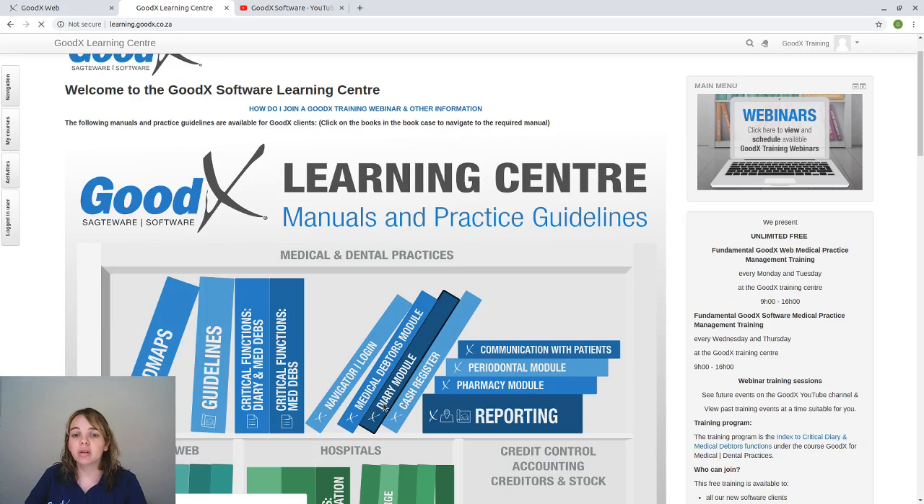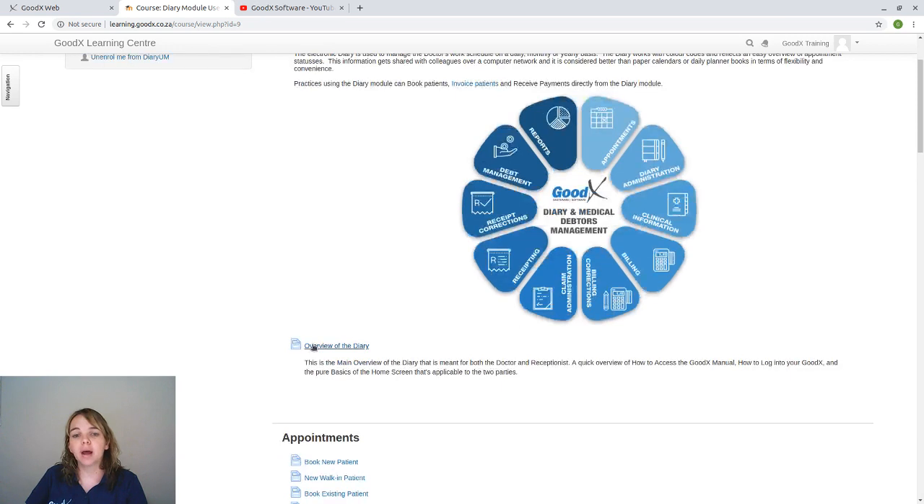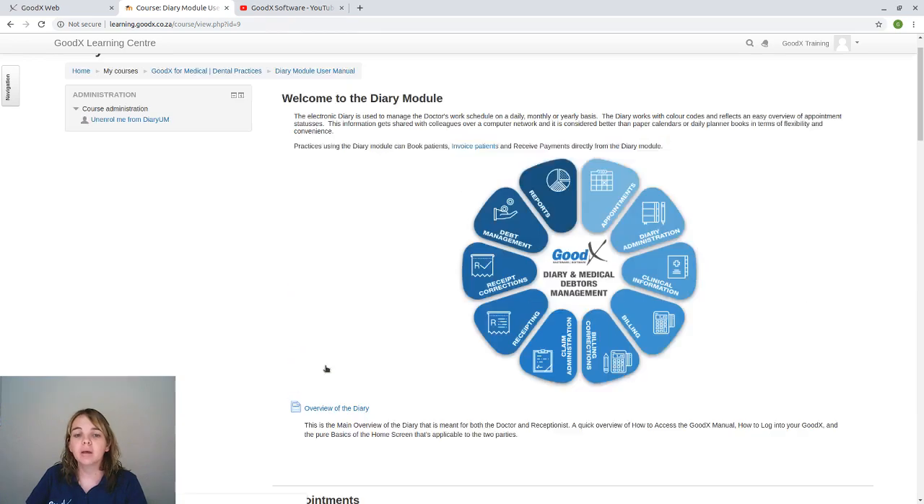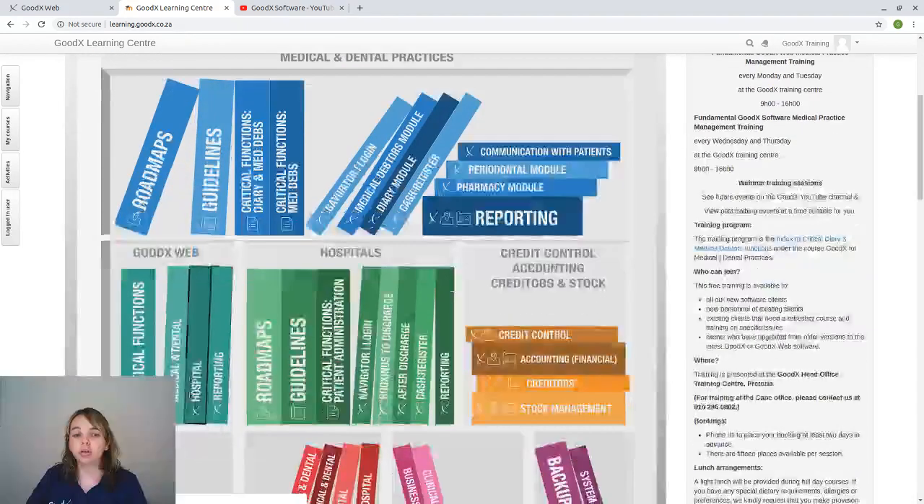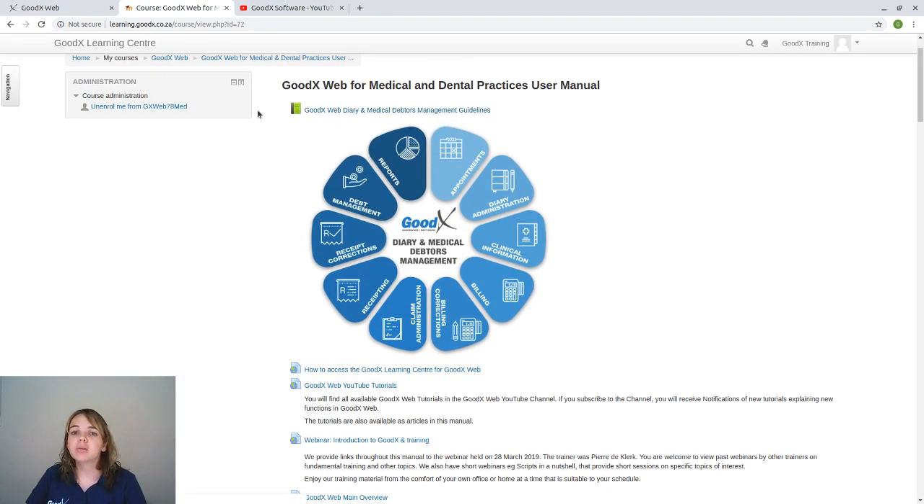So now if you click on diary module, you will see here is the overview of the diary, and then we have, for instance, book new patient, new walk-in patient, book existing patient. I just want to go back. I want to go to the GoodX Web part because we are doing GoodX Web training today. So if I click on medical and dental booklet, then you will see there's the GoodX Web booklet and then